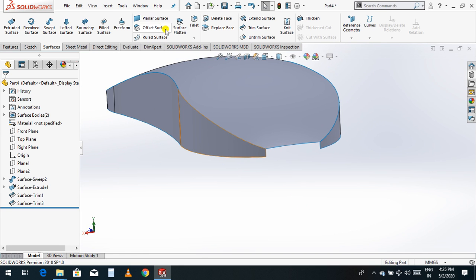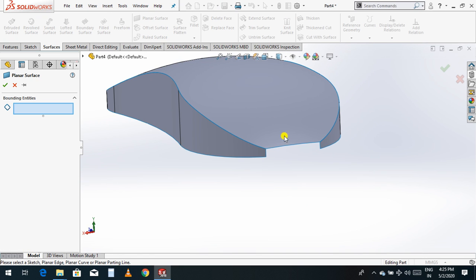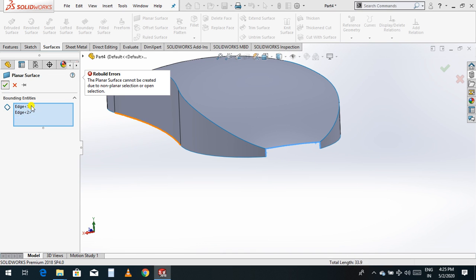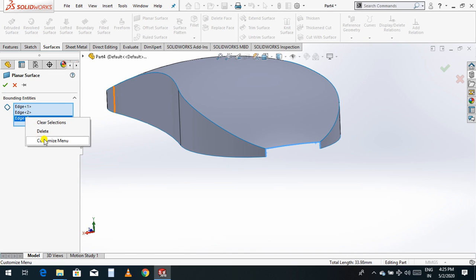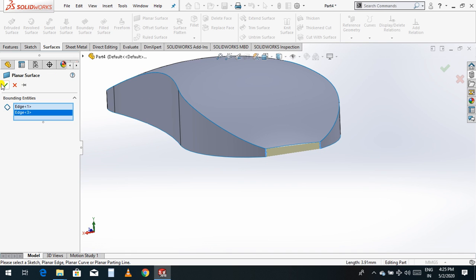Now you just do the planar surface, this one and this one and this one, click OK, delete all, choose this one and this one, click OK.